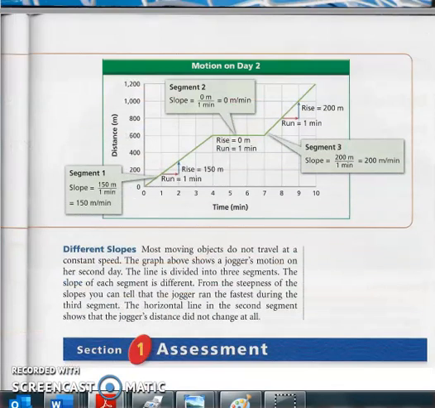Different slopes. Most moving objects do not travel at a constant